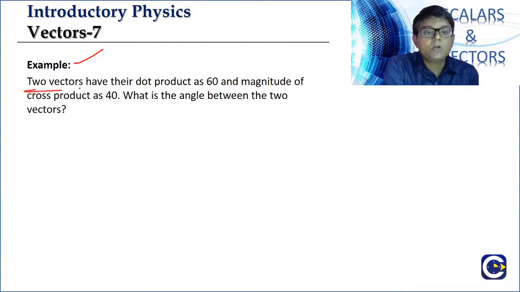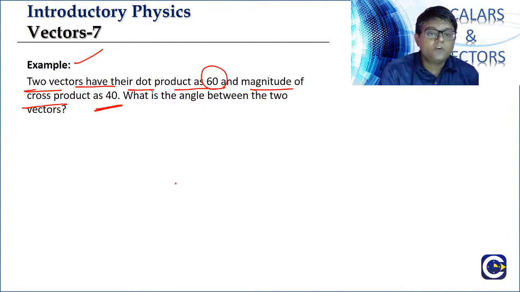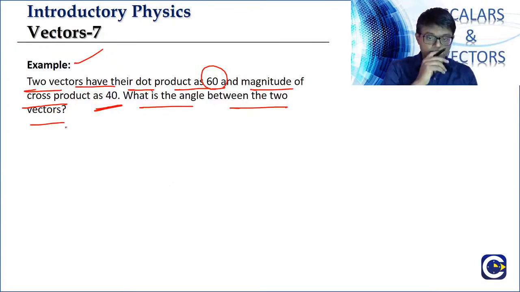Two vectors have their dot product as 60 and the magnitude of the cross product is 40. Two vectors, right? Their dot product is given. The magnitude of the cross product is given as 40. What is the angle between the vectors? This is an interesting question. See,